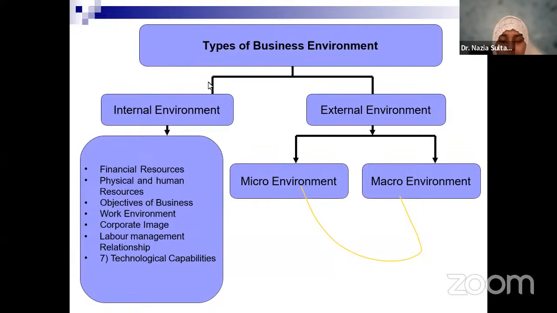So you're talking about objectives of a business. Basically, as I said, profit maximization, wealth maximization will be the core objectives of a business. So that objective is also within the control of a business, the internal environment. Then, what kind of environment do you provide to your workforce? Where you talk about culture in the company, work environments which are there around, that also is a part of your internal environment. So, work environment, culture,